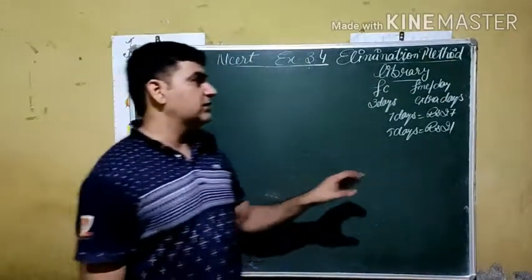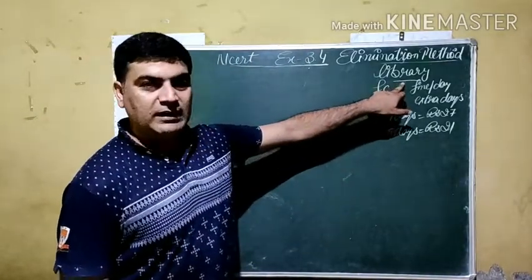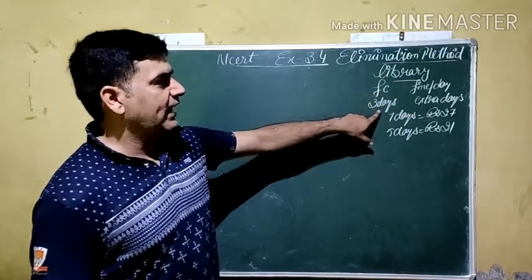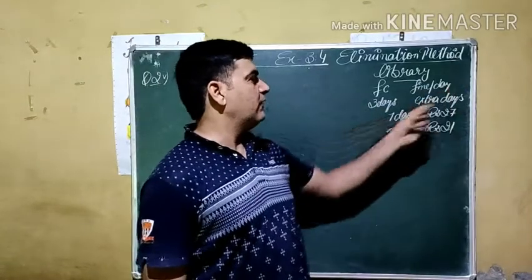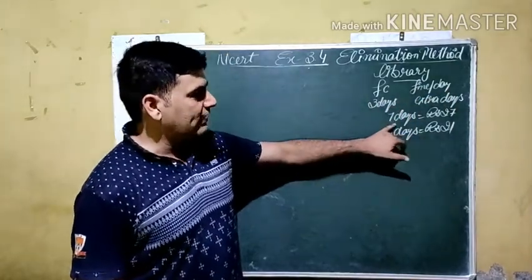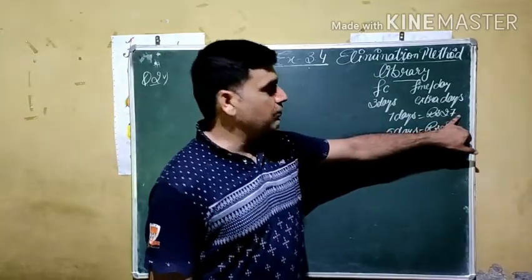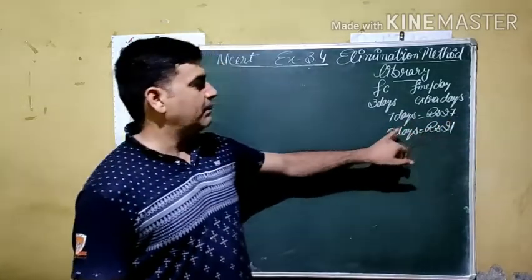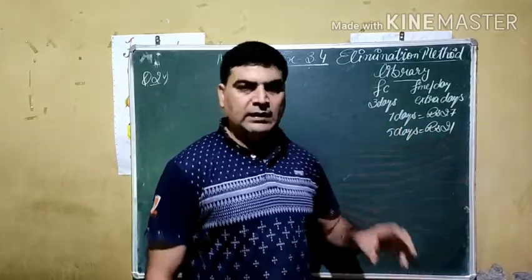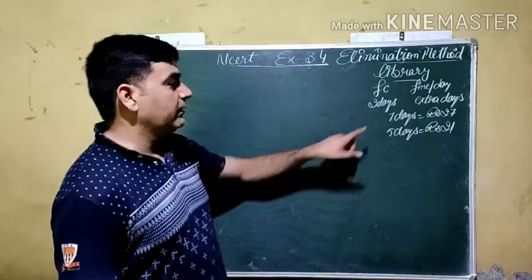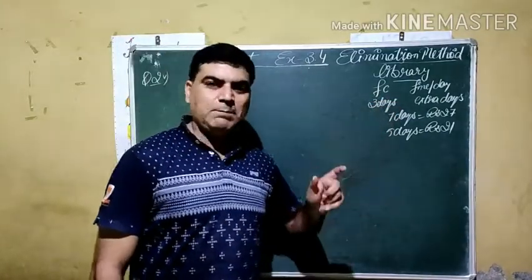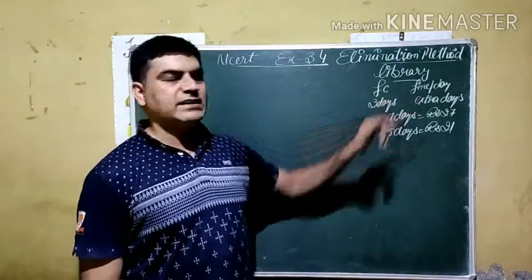Like this, we are going to discuss a question of a library which is situated in a city. There is a fixed charge for 3 days and fine will be imposed per day after that. It is given, if a person keeps the book for 7 days, the person has to pay rupees 27, and if the person keeps it for 5 days, the total amount paid to the library is 21. First of all, fixed charges for 3 days means if we keep it for 1 day, 2 days or 3 days, there is a fixed payment.